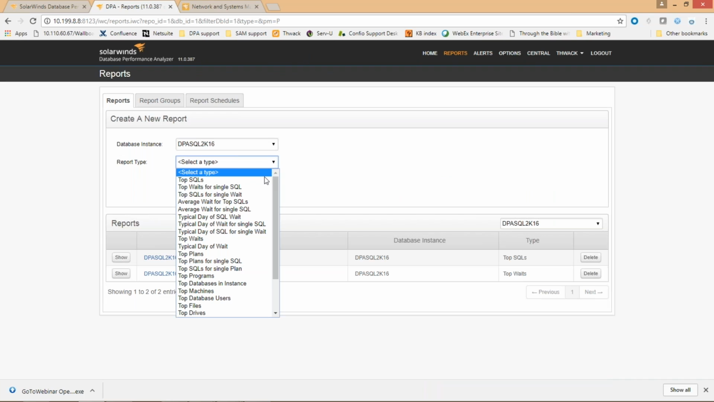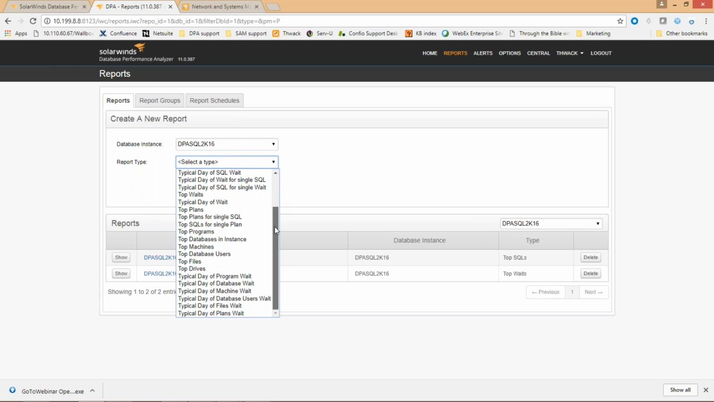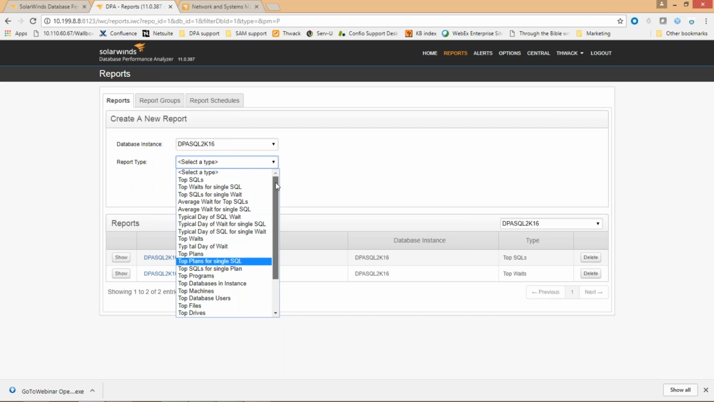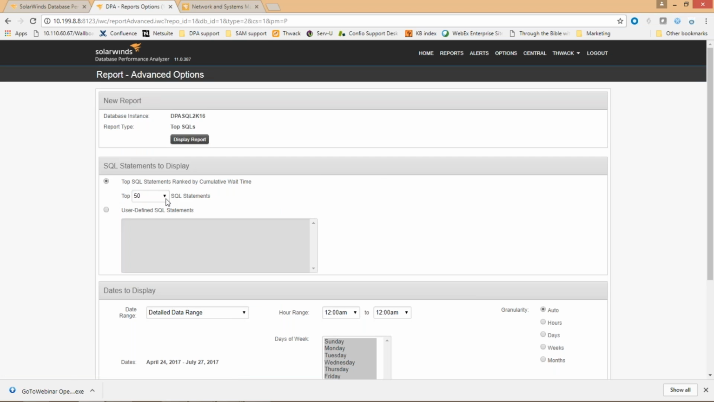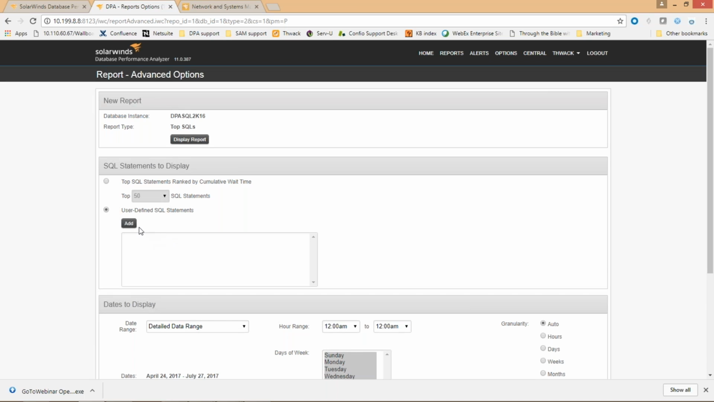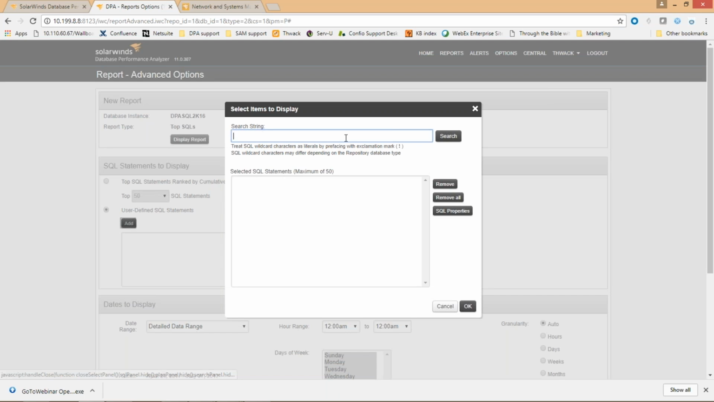So we have a lot of predefined or canned reports within DPA, and if you see my screen here, you can see the types of ones that we do. Some of them are focused around the different dimensions that we collect. So the application, the client machine, the database user, top SQL, things like that. But this can be very, very flexible within the predefined ones. So an example would be top SQL, and then if I go to report options, it lets me toggle different things. I can collect the top SQL statements, but if I want to define my own, I can come in here and look for